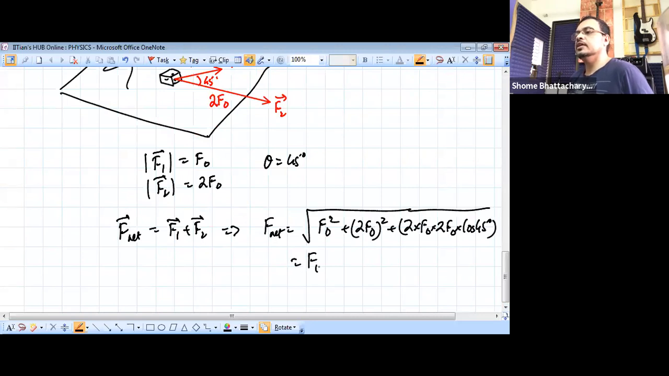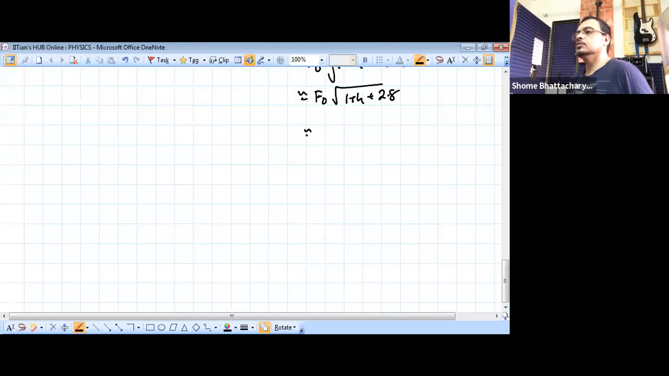So you take your f0 common here, you get 1 plus 4 plus, this becomes 4 into 1 by root 2, so 2. So you can take that approximately as f0 into square root of, take root 2 as 1.4, so this will become 1 plus 4 plus 2 into 1.4, so that is 2.8. This will become approximately f0 into square root of 7.3. Okay. So this is your